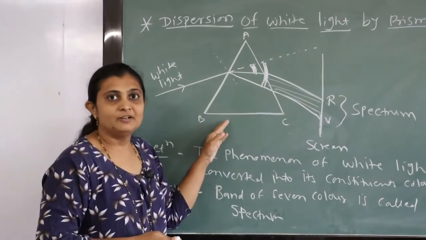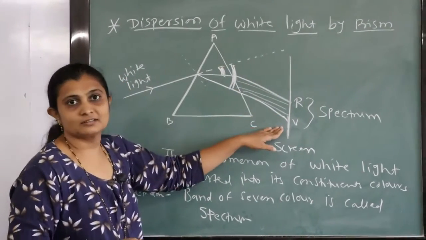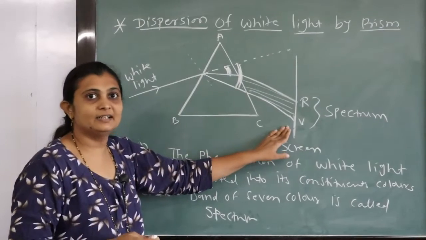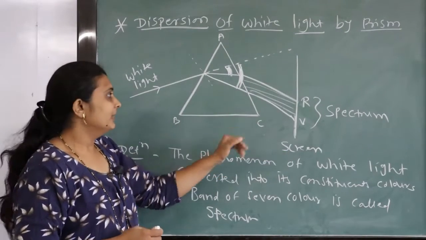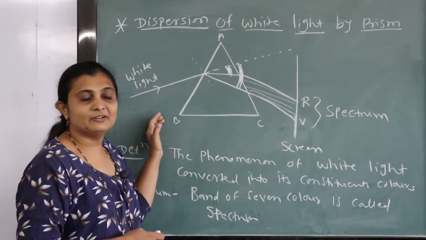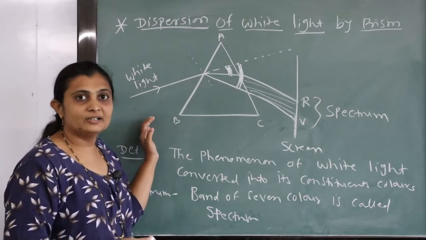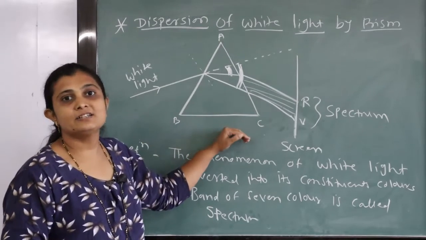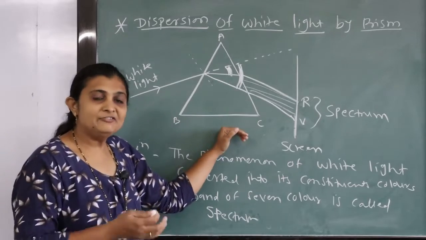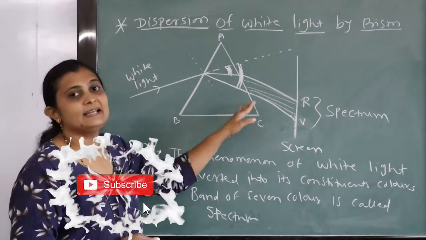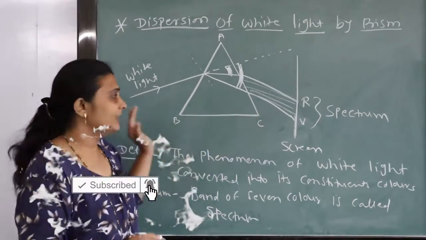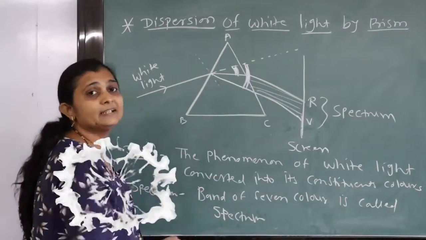Now again we will see this figure. In vacuum, velocity of all these 7 colors is same. But in the transparent medium, for example glass, water and air, the velocity changes, and we know that if velocity changes then there is a refraction. Understood? So we get the spectrum.